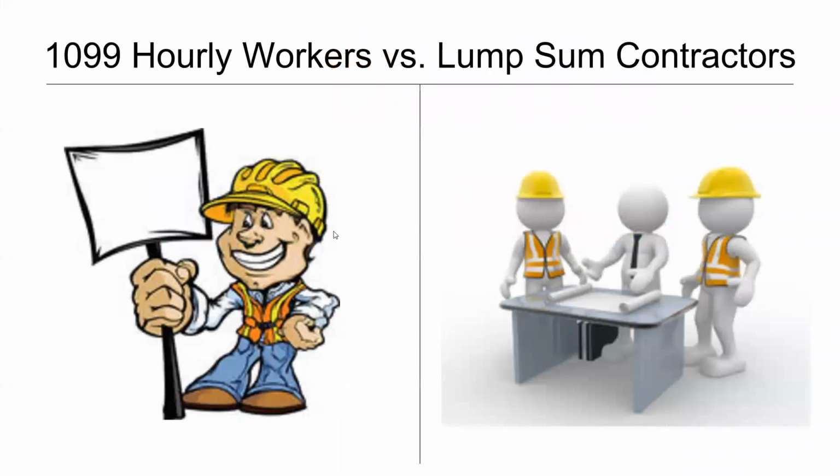The short version that I like to give as my example is that the 1099 workers, aside from generally being hourly workers, are independent contractors that are working for your company almost as if they're a full-time employee. A lot of times we find that although these hourly workers can be picked up and set aside for another time, a lot of the time these people are working every day for the same company and they're only 1099